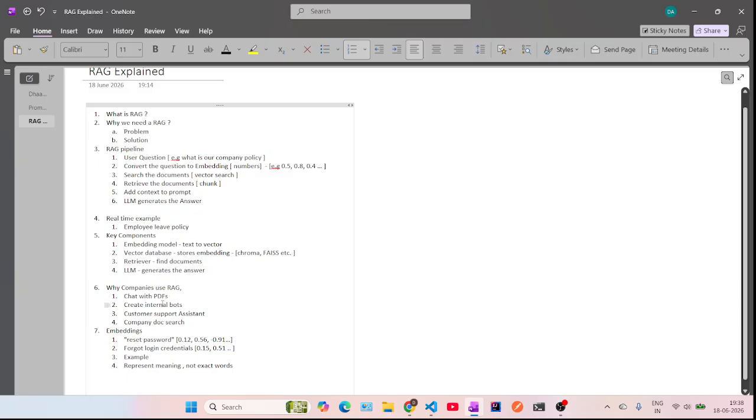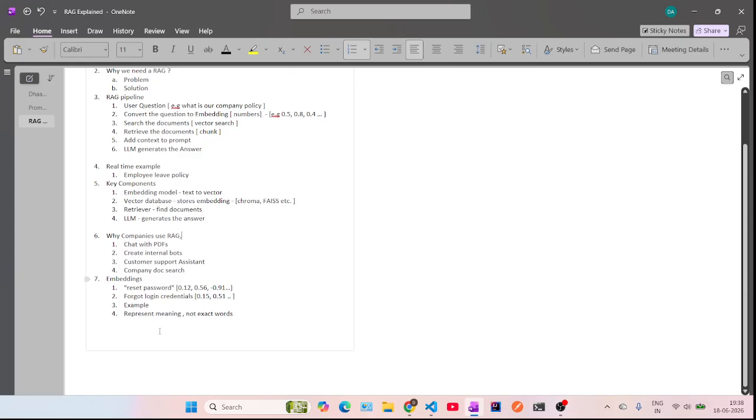So using this RAG we can easily access it. Okay, so now finally we will come to the embedding. We will see conceptually how the embeddings work, the basics. Okay, so first, for example, if I'm a user, I'm asking the question like